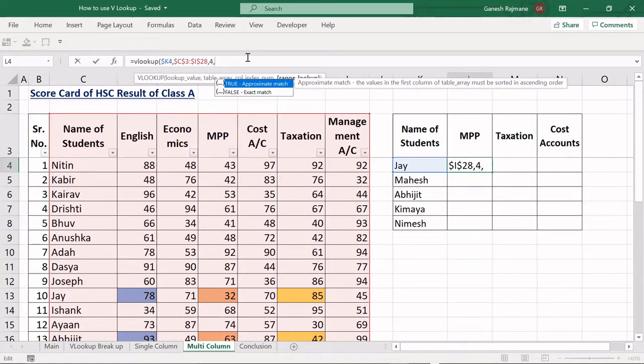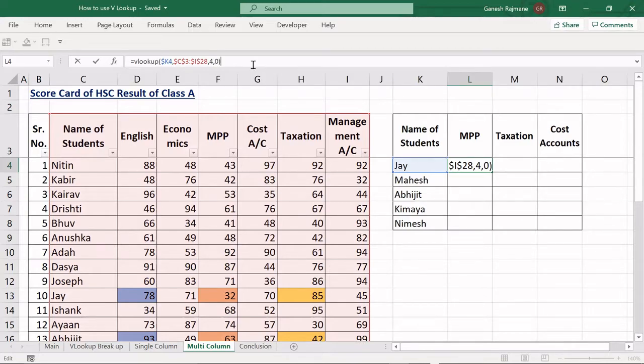Now the fourth argument, we want an exact match. So I will be using 0 again, and I will close the bracket and complete the formula. Now we can see that I have got exact 32 figure of J in MPP.